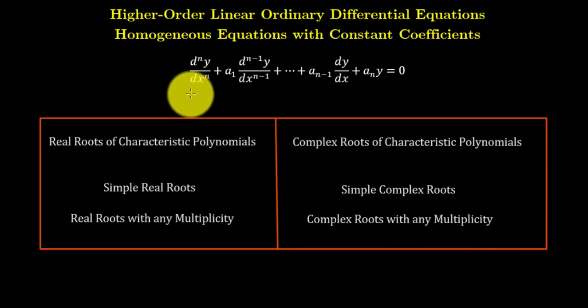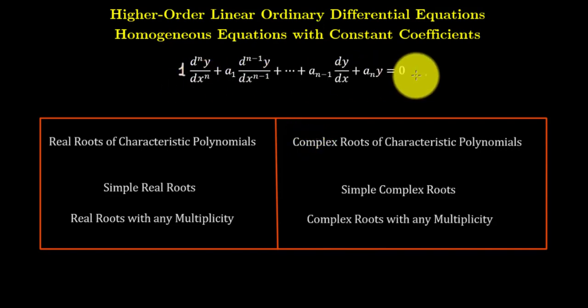Hey everyone, in this video I will be discussing how to solve a high order linear ordinary differential equation. Ordinary meaning we have only one independent variable. Differential equation means we have the derivatives of that unknown function, and homogeneous means we have zero on the right hand side, meaning there is no term without y or its derivatives in the equation. And the constant coefficients means all of these coefficients, in this case 1, a1 up to an, are all